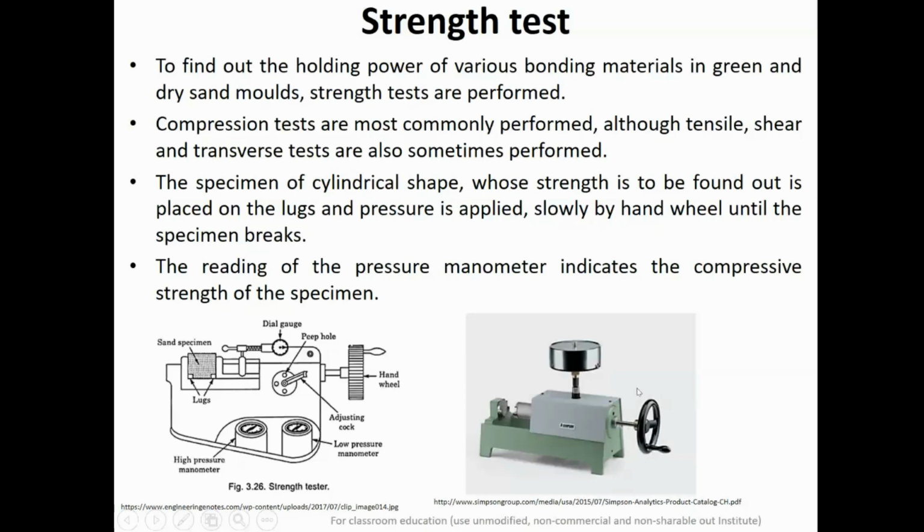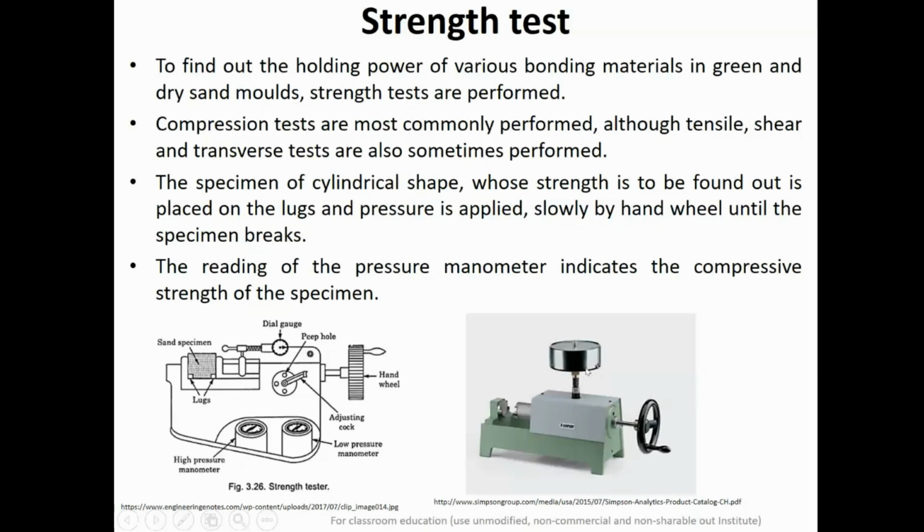So you rotate this hand wheel and it will push this lug in this direction, and in the gap between these two lugs, you place your sand sample of this particular cylindrical shape and fixed size, and you apply the pressure from here, and the opposition in the pressure is sensed up here with the help of a manometer,